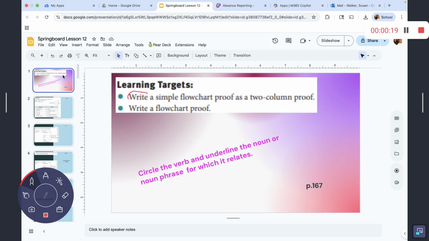So we're going to write a flowchart proof. We're doing that so that we can do it as a two-column proof. Then we're going to write a flowchart proof. But our end goal, of course, is always to go to that two-column proof. But the flowchart is our way of getting there. So on this page,